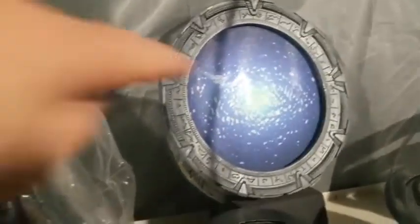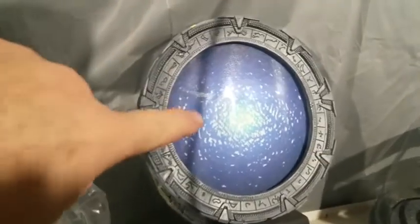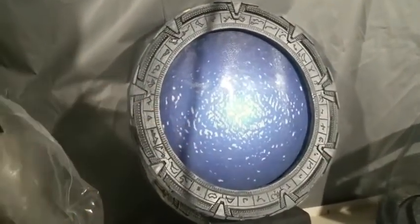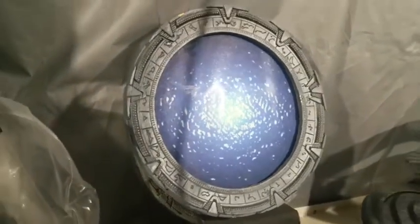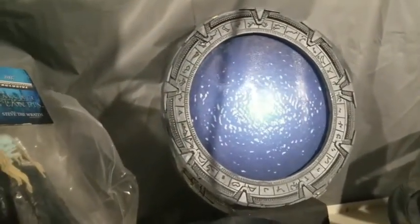I kept it, and this is just a picture that I printed on my printer, the Event Horizon. I don't know why I still got it. Probably I should get rid of it. And then here's the red gold guard, and then back here there's the one with the black outfit, and then there's Steve the Wraith,